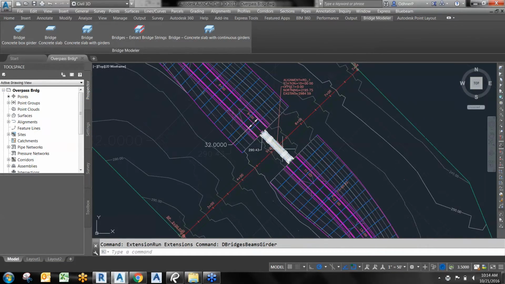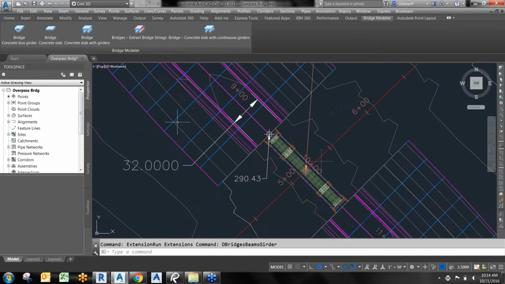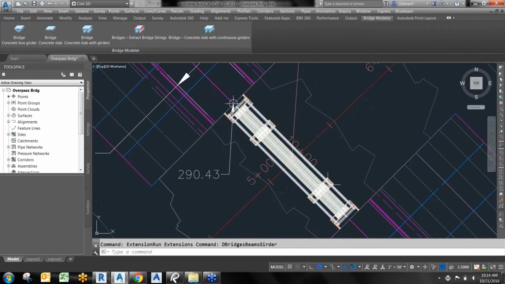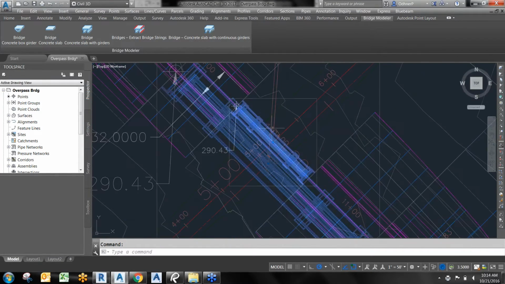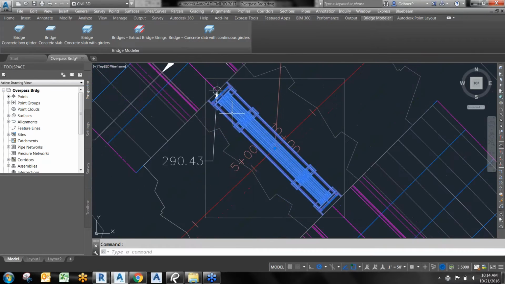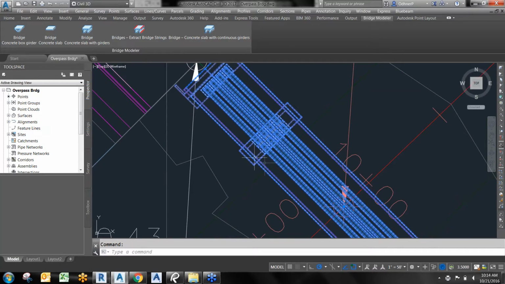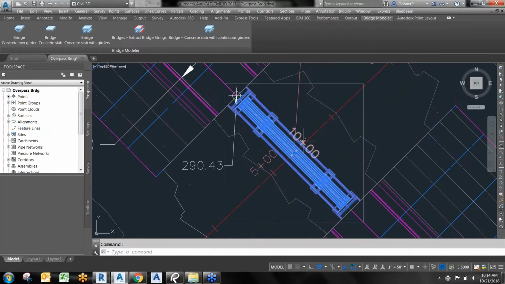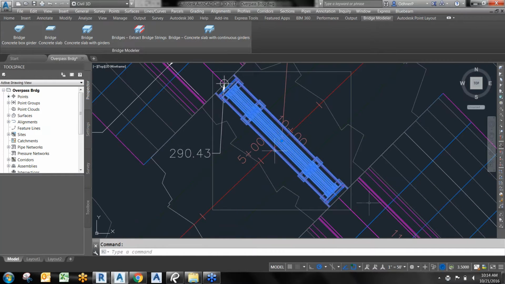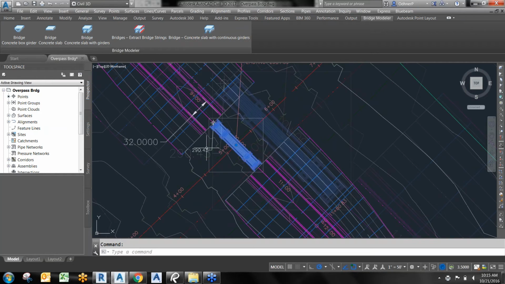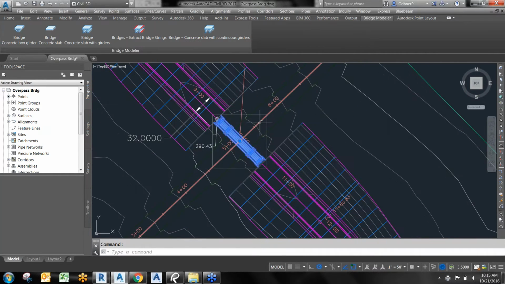And what it puts down here, and let me just show you, this is a 32-foot roadway here. This is just a placeholder, kind of a generic girder-style bridge. You can see the girders laid out with the piers here and the bents, abutments. And so it's conforming to our region. And we'll also put in Revit 290.43, which is the top of our lift, and we'll actually coordinate that together and have these things